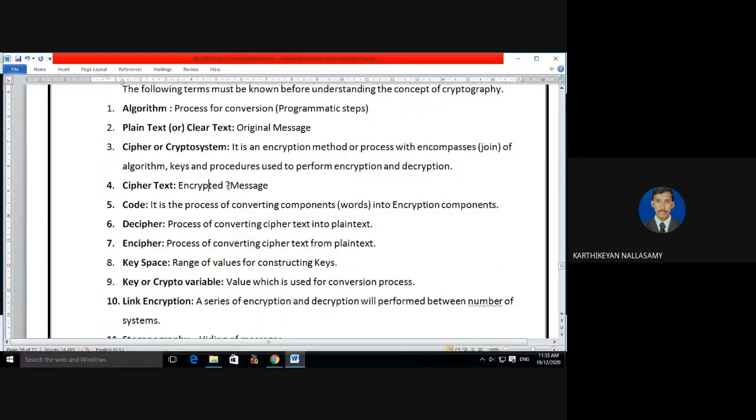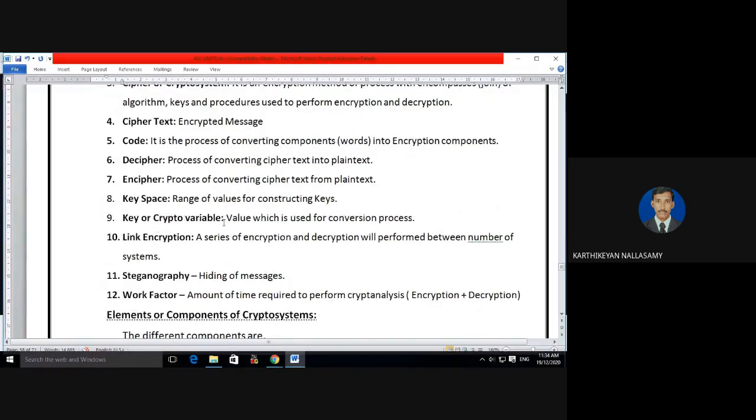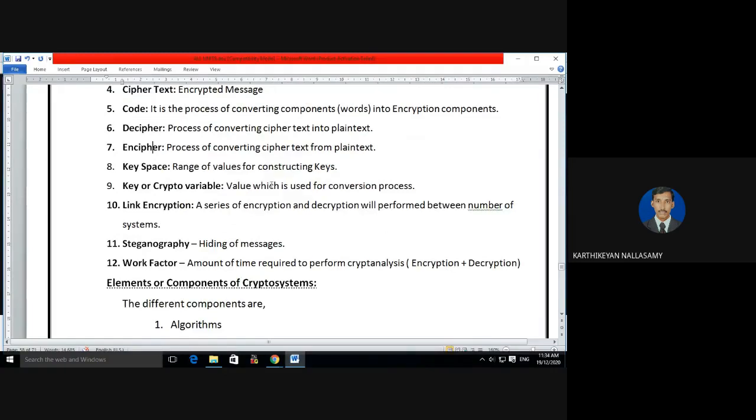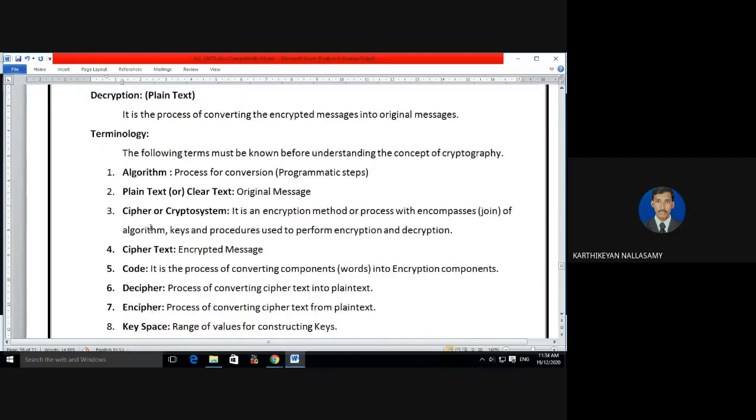And ciphertext means it is an encrypted message. The code is what converts the encryption, and decipher means the reverse process of encryption. Encipher and key space, you know about all of these. And steganography is the concept of hiding a message inside another message. Then work factor means the amount of time you require to perform your cryptanalysis for both encryption and decryption. These are some of the terminologies you must know while you work on